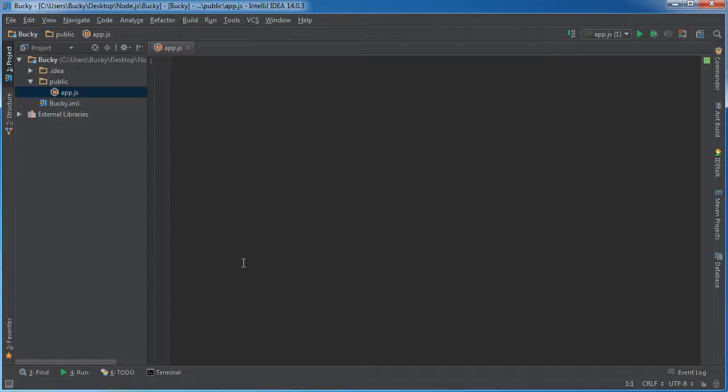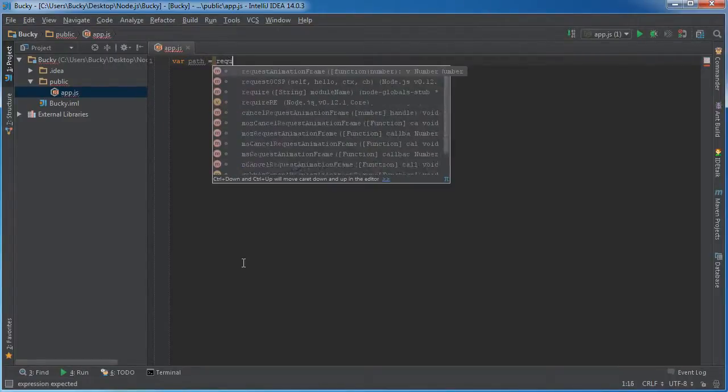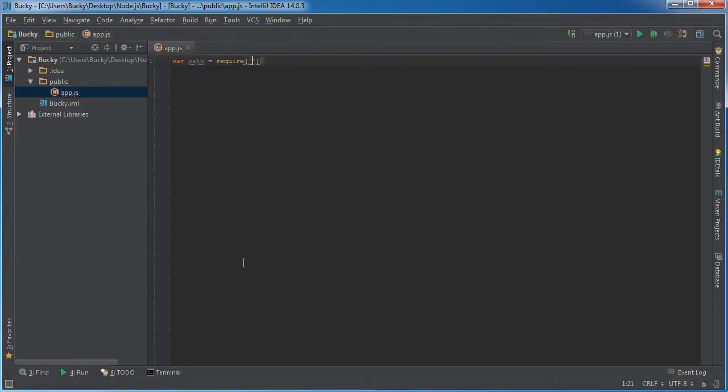Alright, now just to show you guys one more, I'll show you the path module equals require path. So the path module is really good whenever you want to work with file paths. So let me just go ahead and write 2 quick file paths. I'll put like website home,